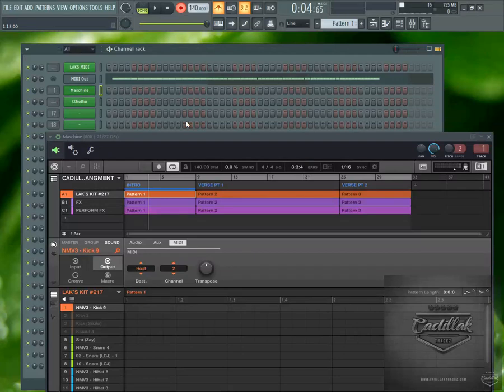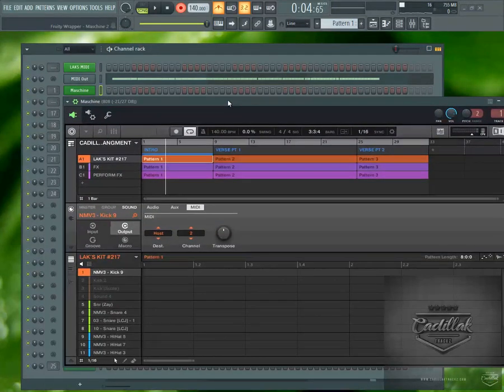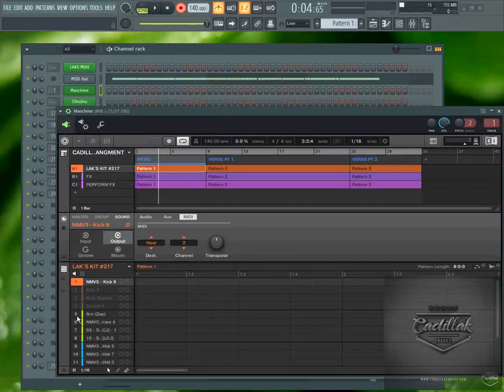And you can also turn auto quantize on. It'll make sure they all record on time and stuff like that. And so you can see what I did. I basically triggered it from this channel and it hit that channel. Now, for example, if I push playback,